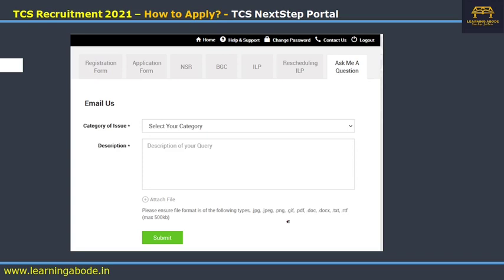They'll send you a link. All this you have to do on a desktop or laptop. They'll send you a link to the mobile. You just click on that link and then you can reset the password. So resetting the password if you forget it is very easy. Now this ask me a question is there in help and support, and if you have any other doubts also, you can use this help and support, of course.